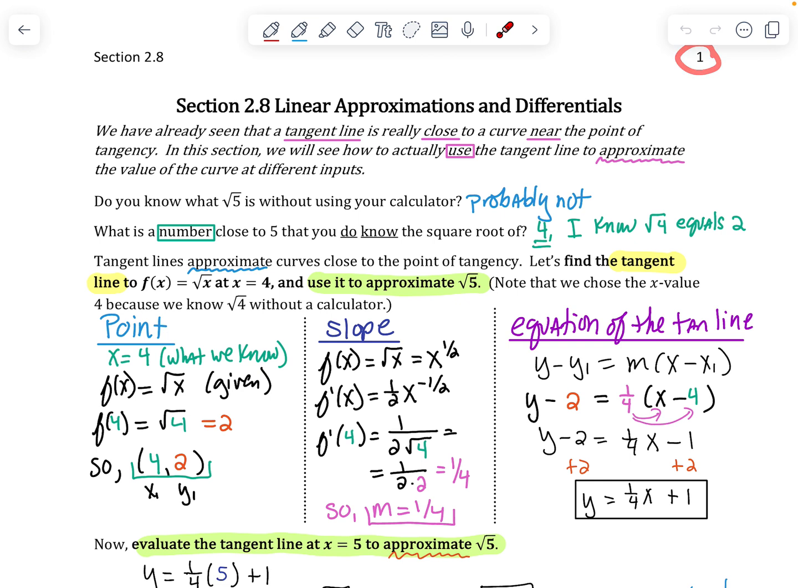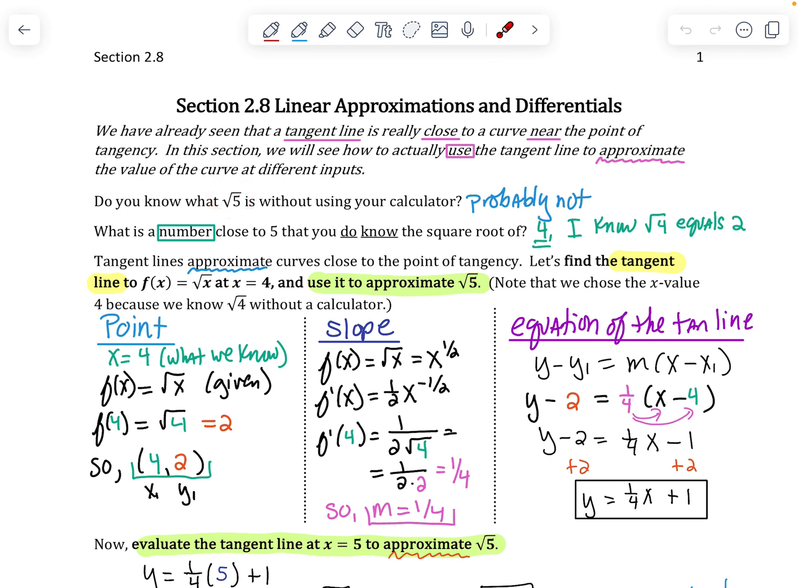Section 2.8, page 1. We're now talking about linear approximations and differentials. So we've already seen that the tangent line is super close to the curve at that point where the line is officially tangent, right? Other sections of the curve, it could be far away. But now we want to see how we can use this tangent line to approximate other values on the curve, not on the tangent line, but where they land on the tangent line will approximate where they are on the